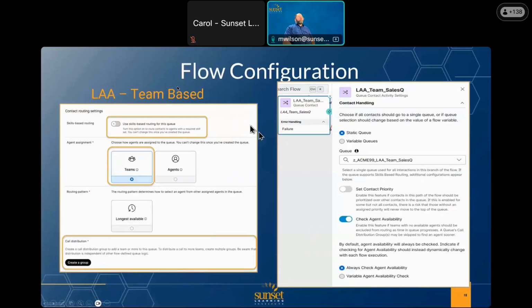So, building our flows. Flow configuration, where we're using longest available agent, team-based. Very straightforward. We're toggled for longest available agent. We're selecting teams, and we go in and we have a call distribution group, one or more groups that we want to have a list of teams. When we build that in the flow, the contact